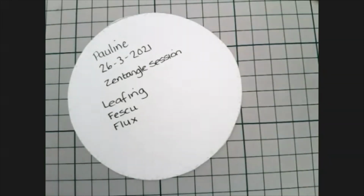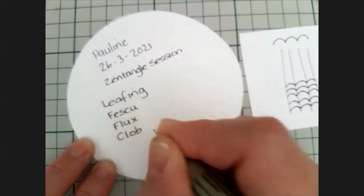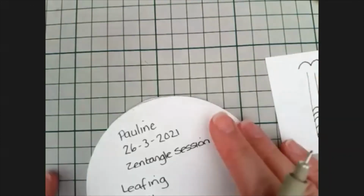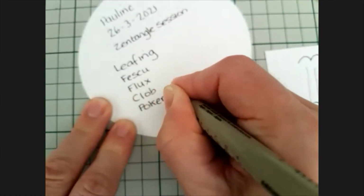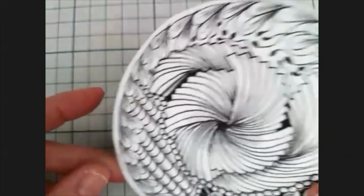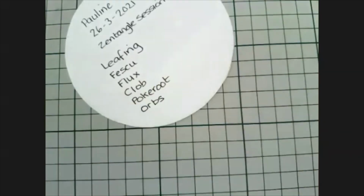And I did that other one just to completely take you by surprise. The tube one, and that one's called Clob, C-L-O-B. That was another new one that I didn't know I was going to do, so I hope you didn't find that too much of a problem. Just check. Oh, and then we did the Pokeroot. Okay, let's check, is that everything? Oh, and we did some orbs, didn't we? So, oh my goodness, did lots today. Did some orbs. Right. Okay, so